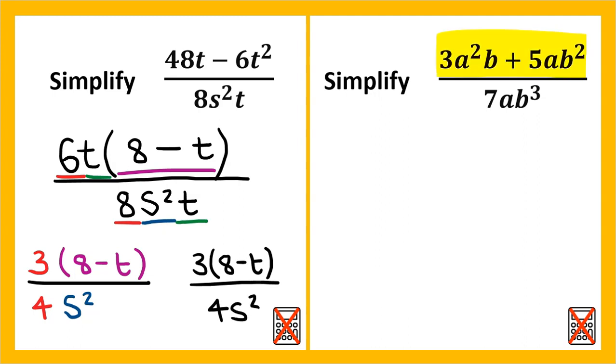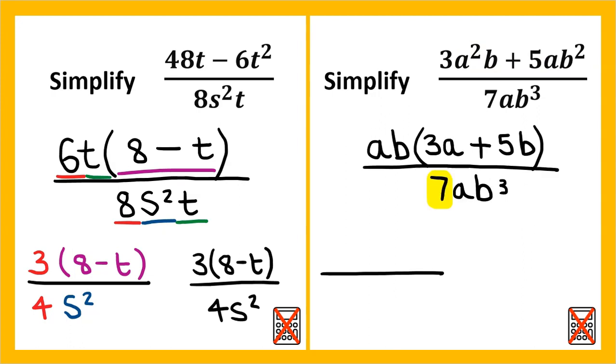For the next question, start by factorising into a single bracket. We won't be able to take a factor of 3 and 5 outside the bracket. We will be able to take a factor of a, and we'll also be able to take a factor of b. That means we'll be left with 3a and 5b inside the bracket. Focusing on simplifying the numbers, we didn't have numerical factors in the numerator, so we'll just be left with 7